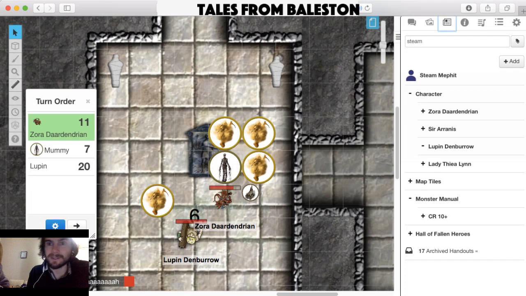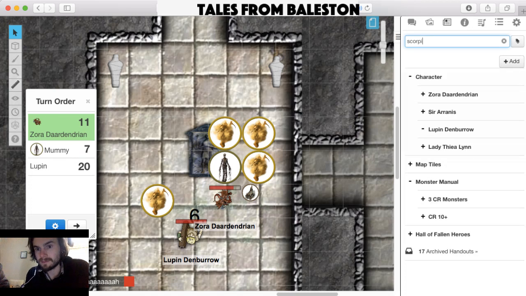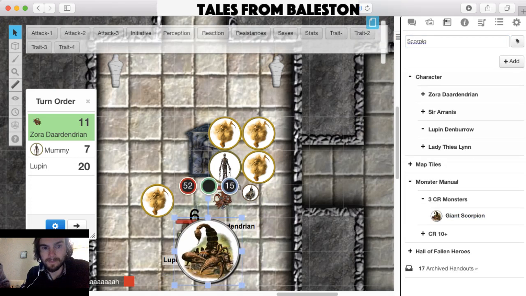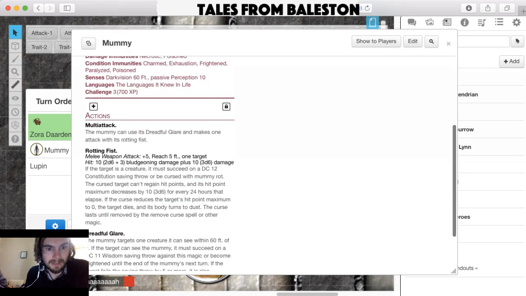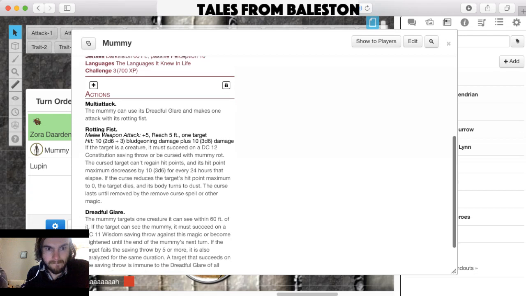Sorry, I forgot that you turned into a scorpion as well. Would you like to do anything with your bonus action? Healing word, actually, on myself. Okay. Good, because the mummy is going to attack ya. Even though he ain't got any hands, he's gonna hit you with his stumps. That massive 2 damage that I just dealt him is probably...